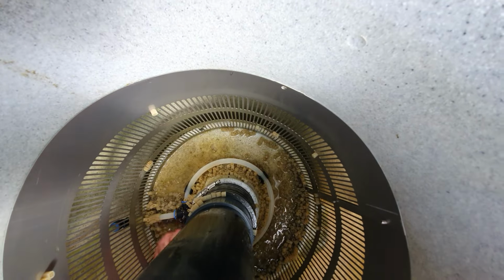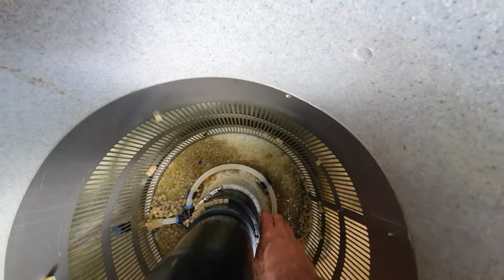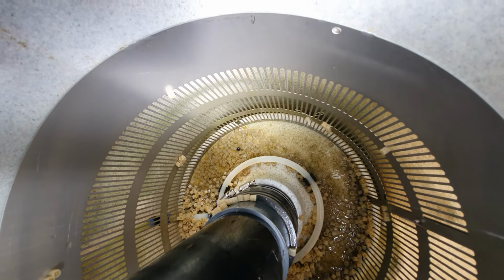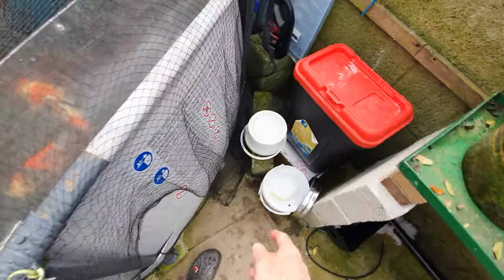Now, I've left this on for literally 2 hours, so what I would suggest with these is every so often leave them on for a long period bubbling, so you give them a right good bubble, and you should hopefully get no big heavy deposits. Yeah, there's a bit of crap in the bottom there, look, but that's not bad for the bottom of a filter for me. What I do as well, I will get a tub, i.e. this tub,